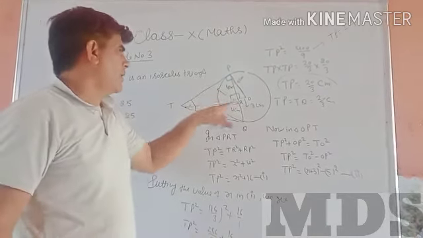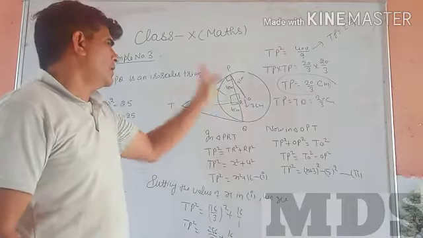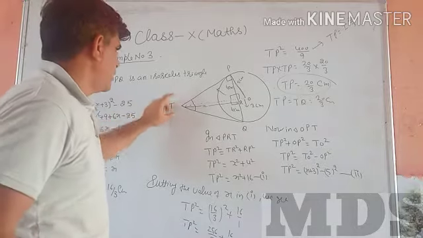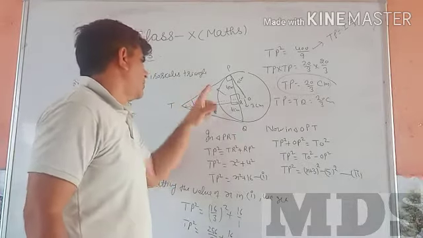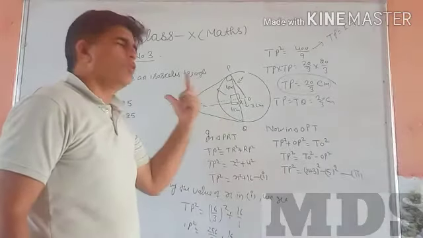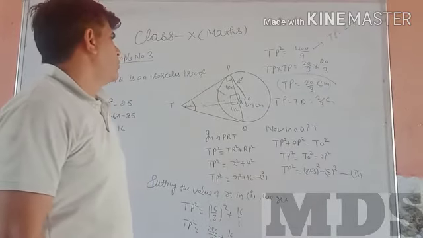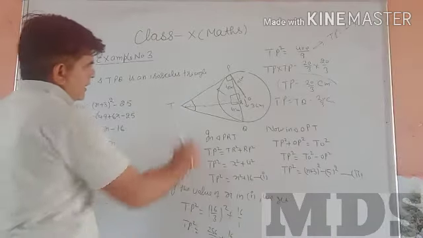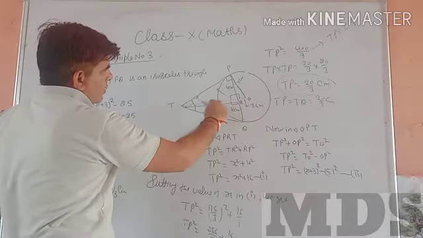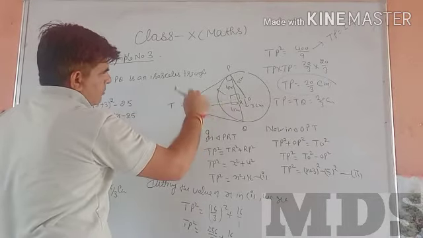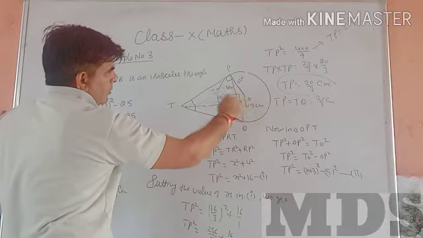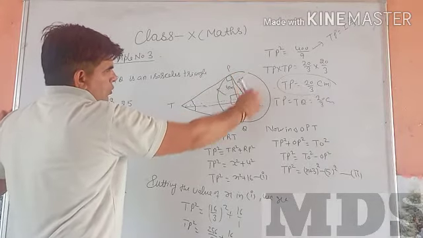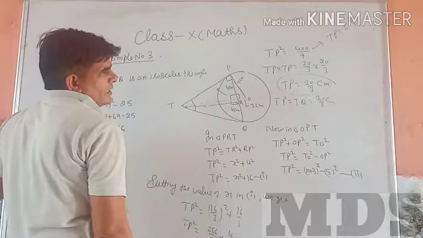It is given a circle having radius 5 cm, and PQ is equal to 8 cm, and from an external point two tangents are given, TP and TQ. You know TP equals TQ, and you have to find the value of TP. So you can say this is the perpendicular bisector. Perpendicular bisector means this angle equals this angle, and it divides the opposite side into two equal parts. So this is 4 cm, this is 5 cm. So easily you can find OR, that is 3 cm.